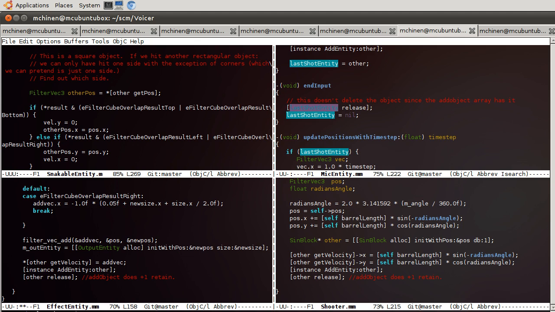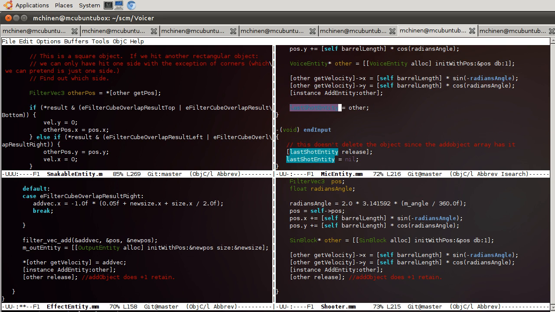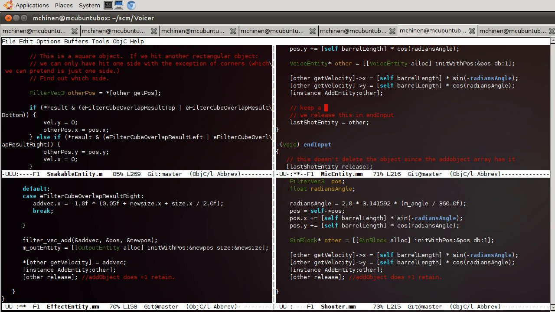We do make a copy, but we do release them. Yep, we do release them, so it's not a big deal. Just make the note here. We release our this and end input. Keep a ref so we can add buffers. Okay. Alright, so